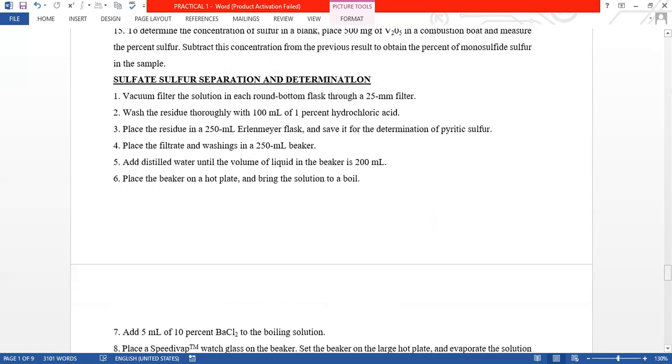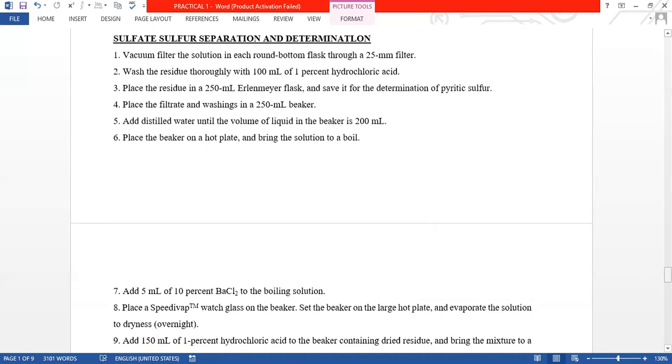Now this is the turn of the sulfate sulfur separation and determination. Vacuum filter the solution from the round bottom flask through the filter. We wash the residue using HCl, and after that keep the residue in the Erlenmeyer flask and save it for the determination of the pyritic sulfur. Place the filtrate, add distilled water,